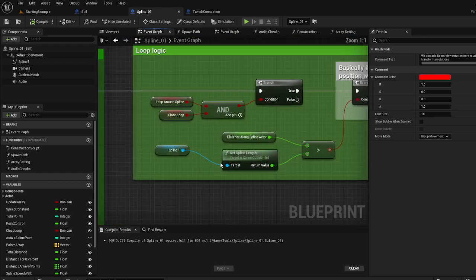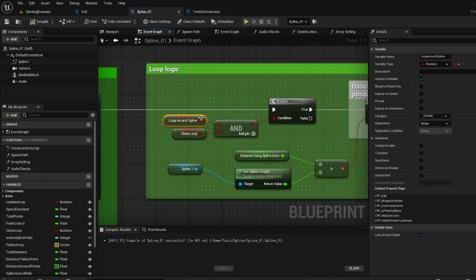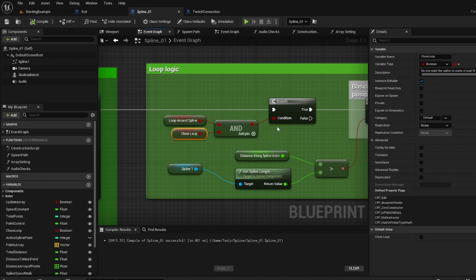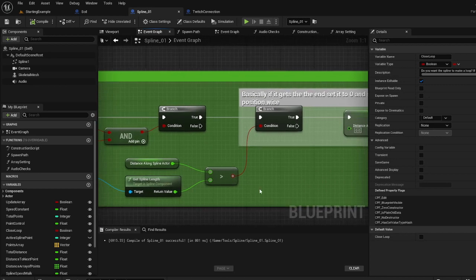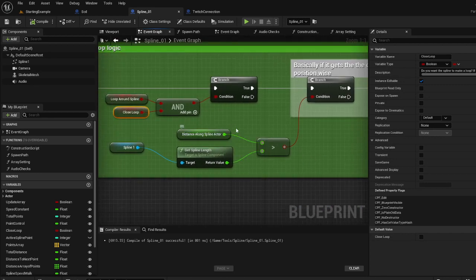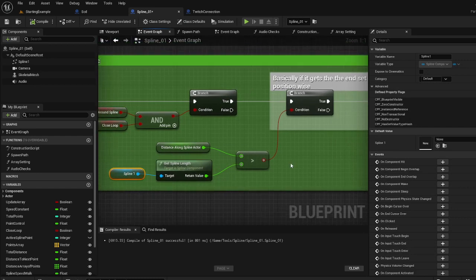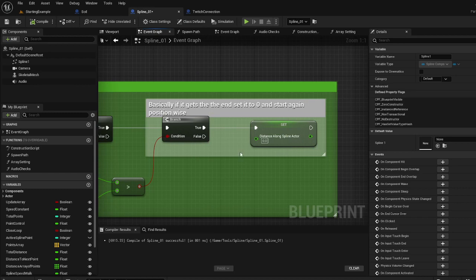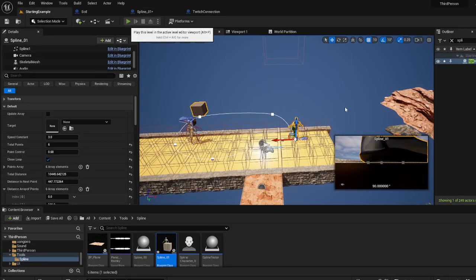And then the loop logic, which I created, is an AND. So if you want it to loop around the spline and it's a closed loop, then this can be true. And if it's true, if the distance is greater than the total length of the spline, then we know we basically hit the end of the spline. So what we want to do is just set that back to 0. So then what will happen is if we press play,